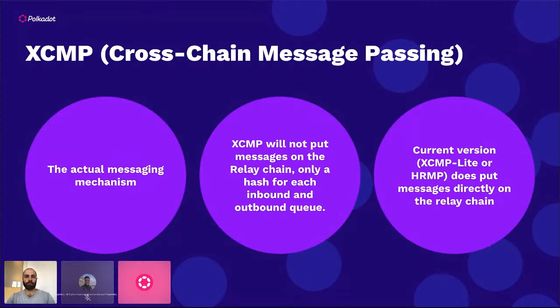That is, we're seeing new channels open up for this type of communication, which is a little bit more computationally heavy as XCMP is being developed. HRMP is being used. It does directly put messages on the relay chain for now. So the HRMP will utilize the relay chain to send the messages from parachain to parachain. In the future, the XCMP implementation will allow for parachain to parachain message passing.